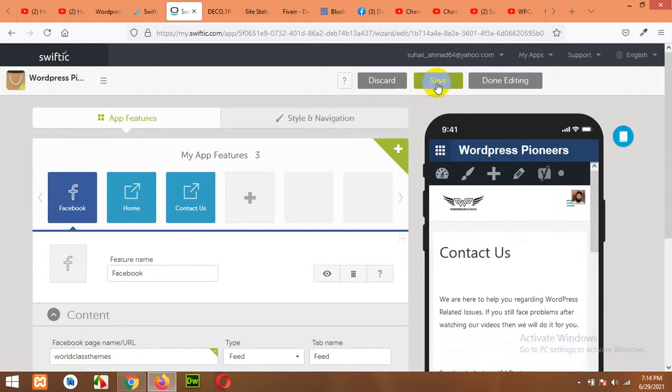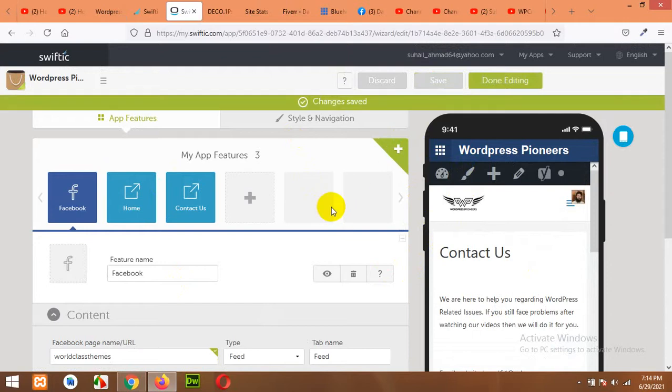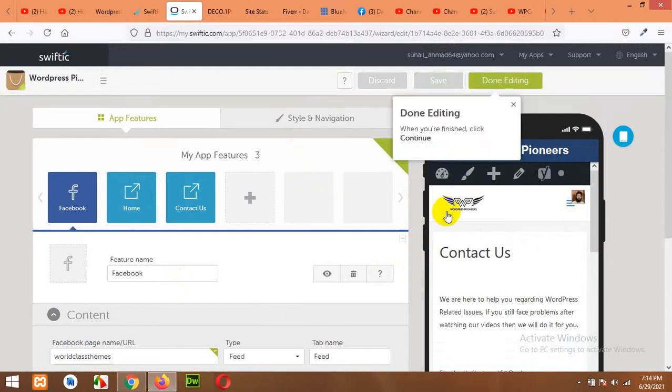Click on save button to save all the settings you did on your app. Now click on done editing.